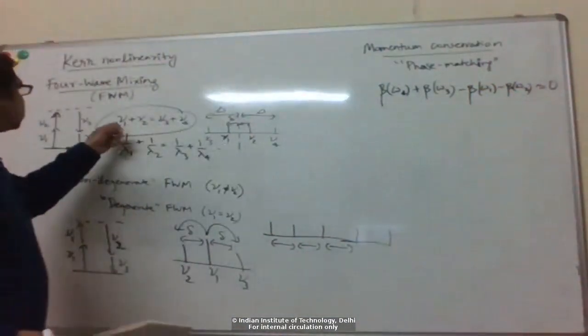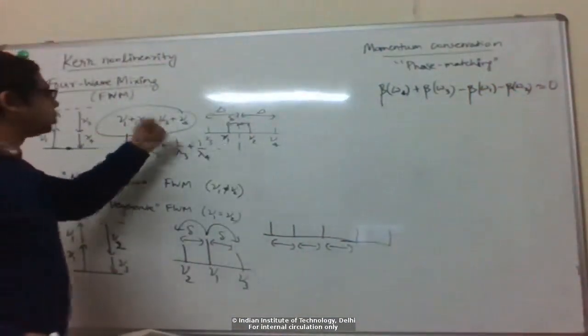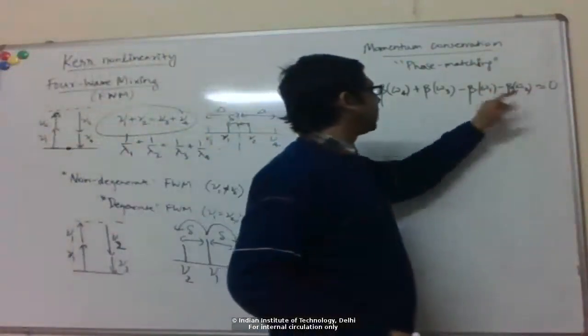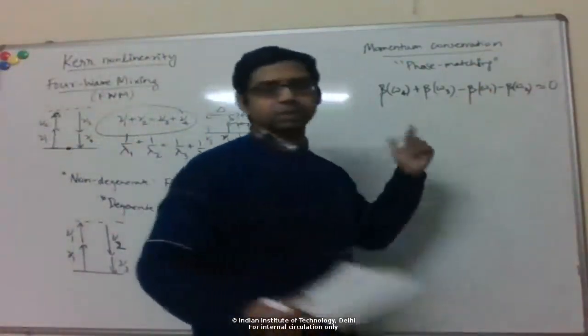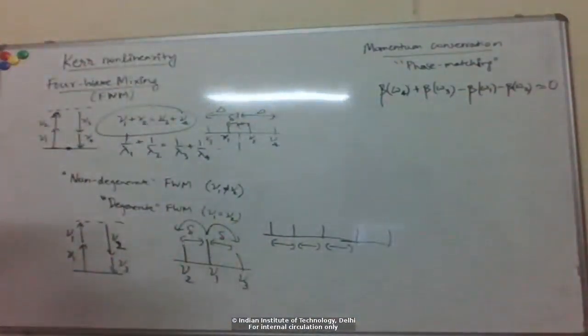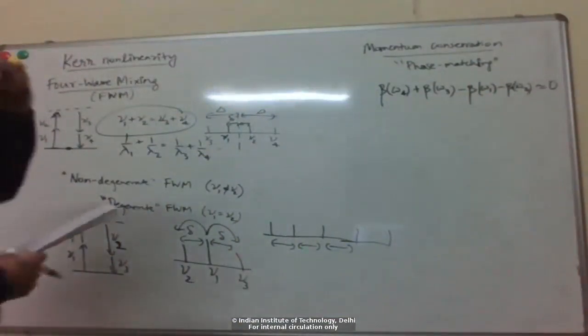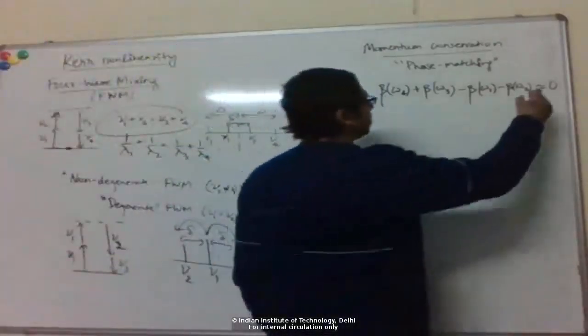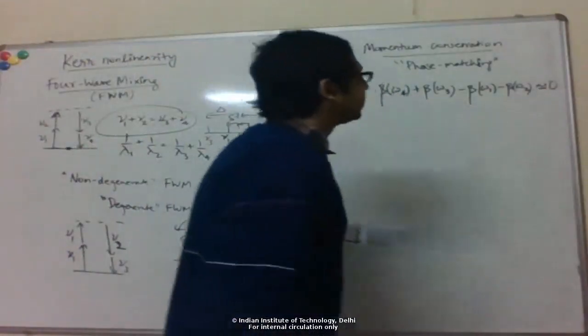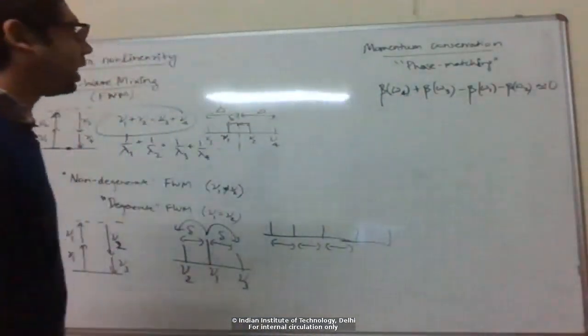So just like nu1 plus nu2 has to be equal to nu3 plus nu4, beta at omega 1 plus beta at omega 2 has to be equal to beta at omega 3 plus beta at omega 4. Okay, so I put, instead of an equal to, a tilde here, saying that actually what happens is